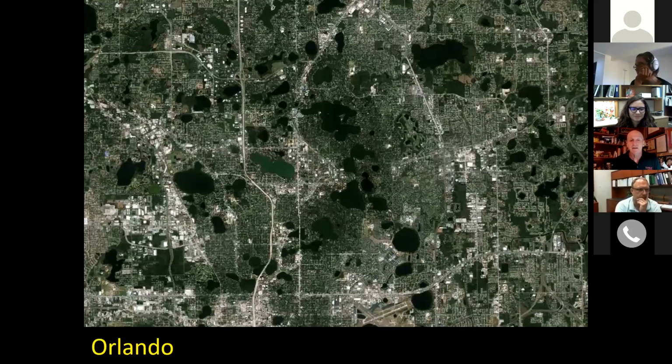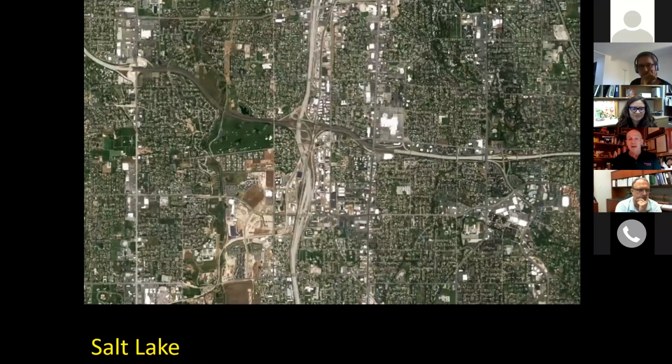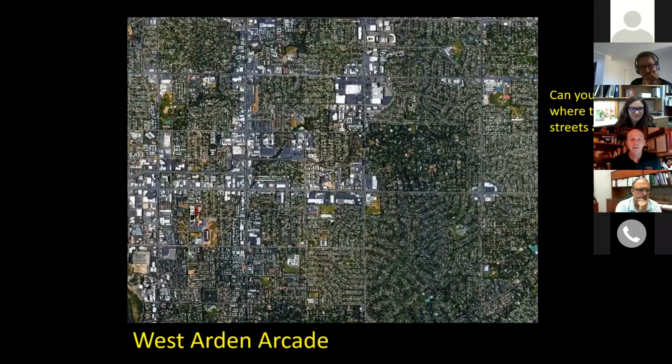And the same pattern, this is an area in Orlando. You can see where the neighborhoods are with the local streets, and you can see the arterials because, again, that's where all the economy and socializing and stuff are happening in Orlando. And that's a role of the arterial. This is Salt Lake City, same pattern. The arterials are hugely important for access for jobs, food, entertainment, and so on. And we can show every city in the country like that.